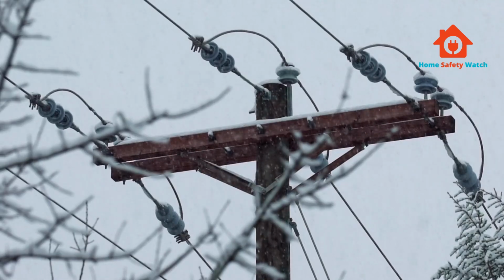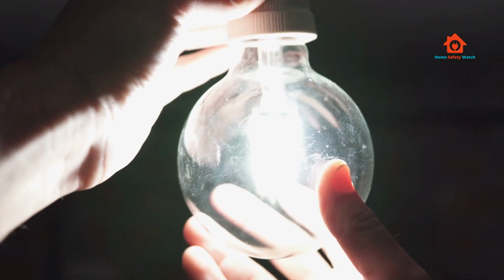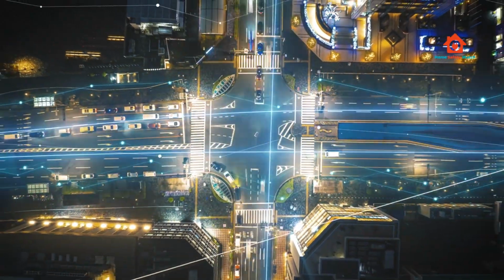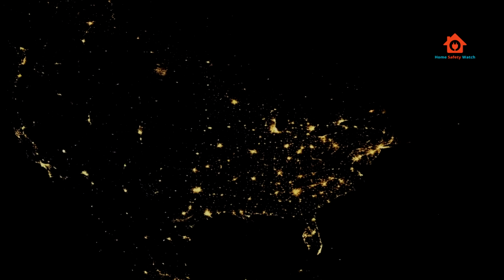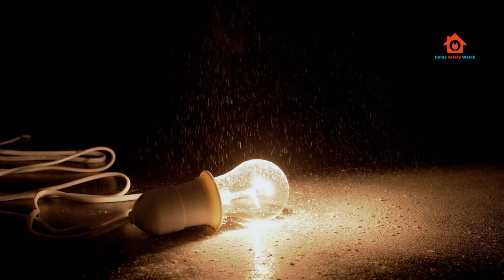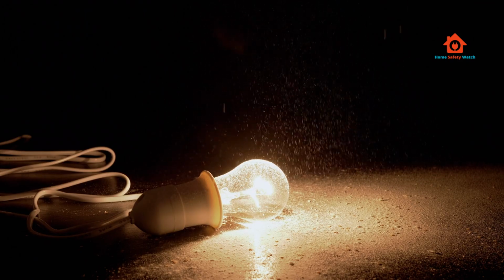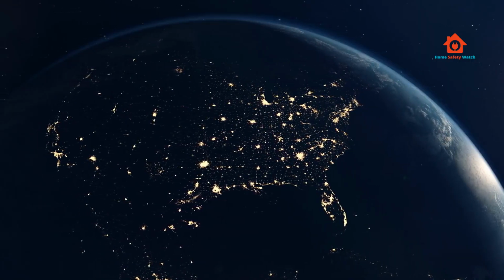Winters are here, and so are something we all dread: power outages. Whether it's a brief flicker or a long-lasting blackout. In the modern world, we rely on electricity for so many everyday tasks that losing power can throw us into chaos. But what if you could take control of the situation and make those moments of darkness a little easier to handle? In this video, we're going to dive into 10 must-have items to prepare for when the power goes out. Trust me, these essentials will make a world of difference when the lights go out, and you're left in